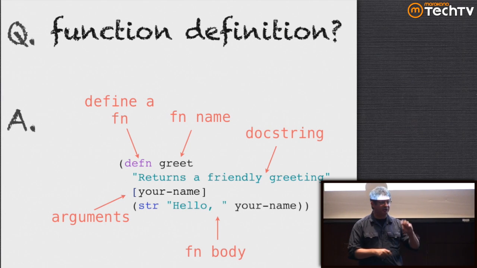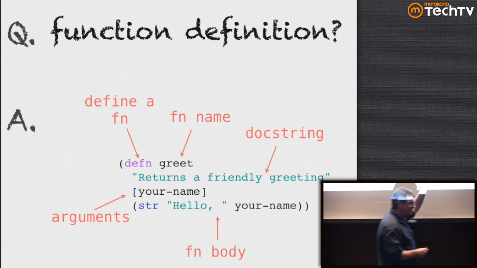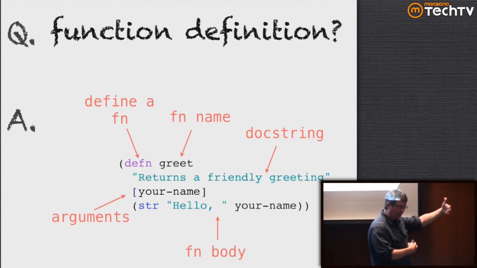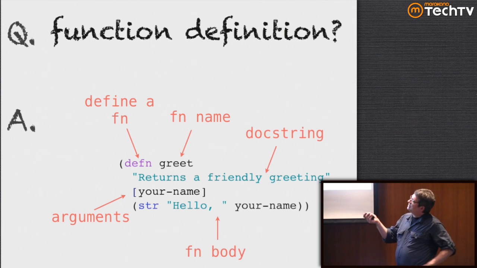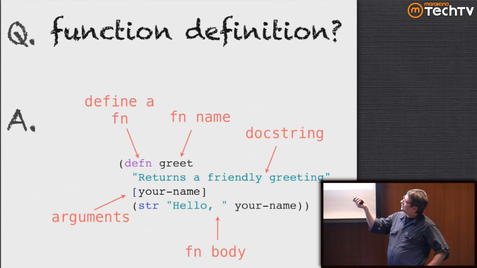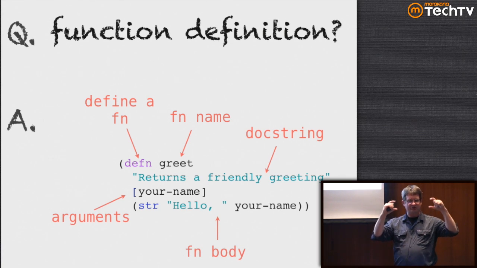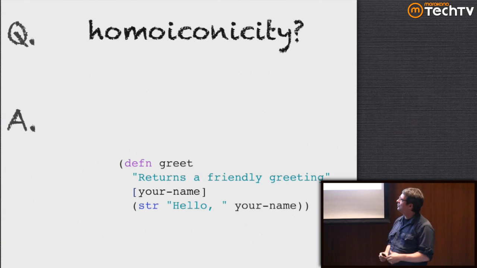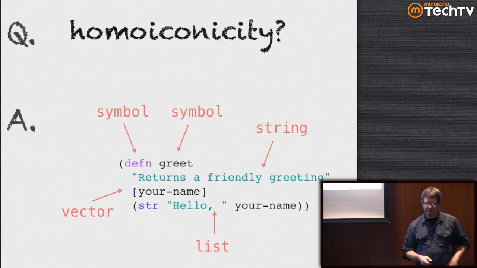One of the functions you can call is doc for something to get documentation for it, which returns you the doc string. That's optional, but you can put it in there, and you can also do more elaborate JavaDoc style documentation if you want. The arguments in Clojure end up in a vector, so it's the function name, and then a list of arguments, actually comma or space delimited. And this uses a vector instead of an embedded list, which lets the function definition stand out a little more. And then this is a function body, which is going to be a series of function calls.